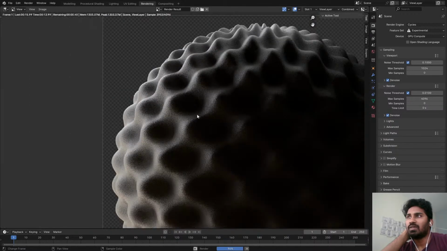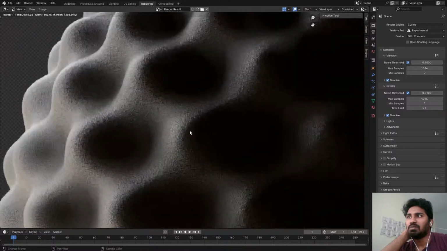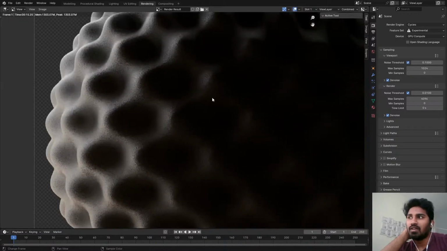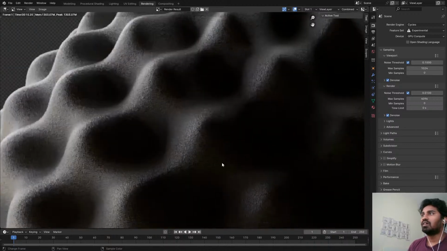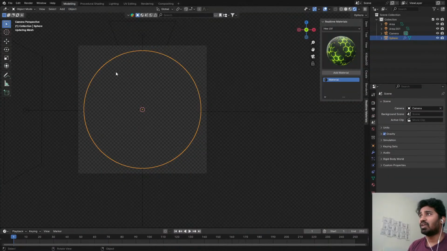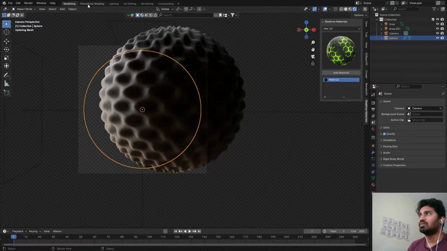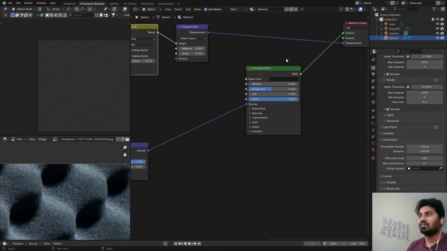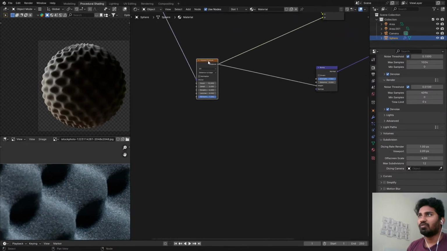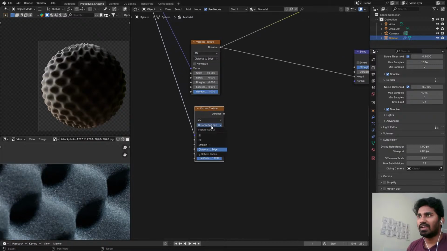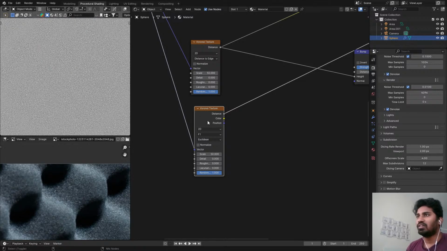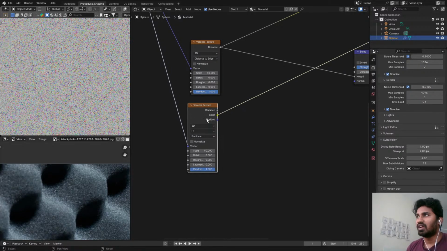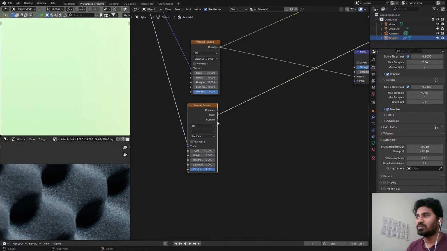We can always play with random displacement because everything is very uniform right now. So that is where the next step, what I'm trying to do, is going to help. I'll show you what I mean by that. So if you just duplicate the Voronoi texture without changing any values and change this to F1 again, we'll have two other things, which is color and position. So I'm going to use the color,